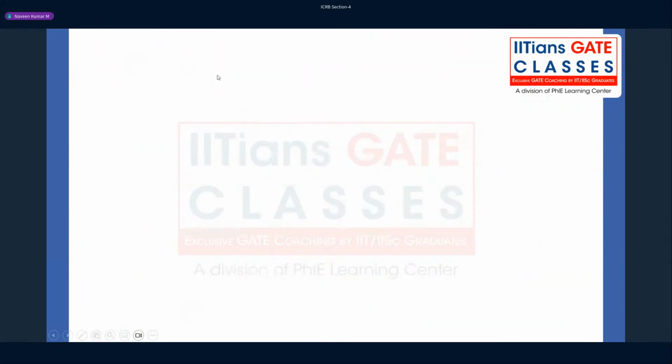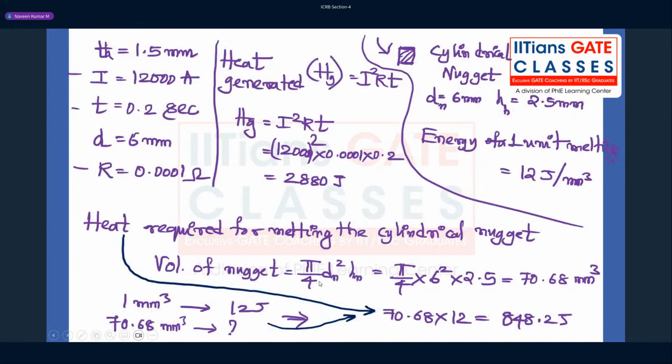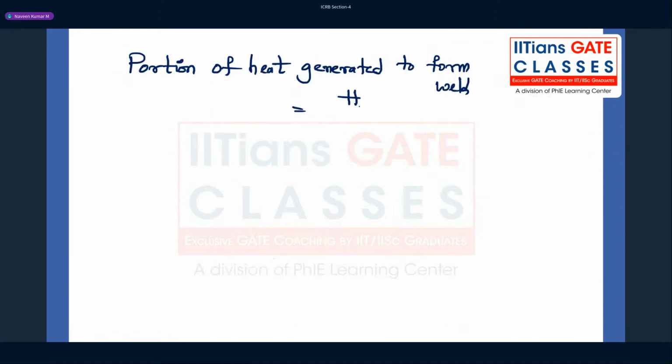Portion of heat generated used to form the weld. Portion of heat generated used to form the weld is heat required